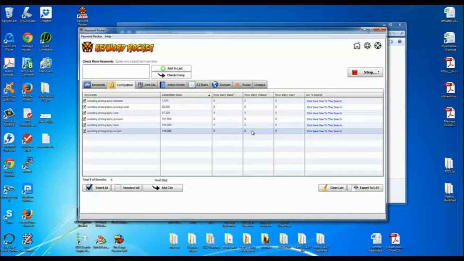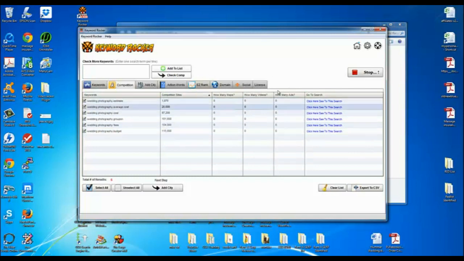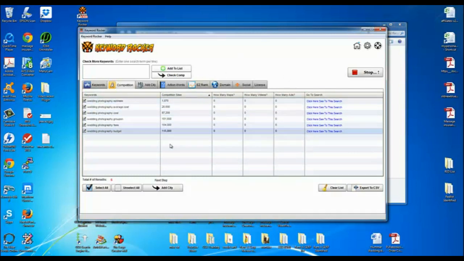So if you're seeing 0 in this column, that means there is room for a wedding photography estimate YouTube video on page number 1. And this just goes back to the fact that this tool applies to current practices of keyword research. These are based on the current Google algorithms.